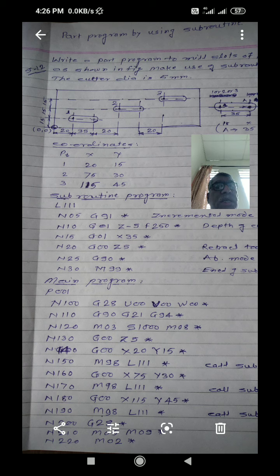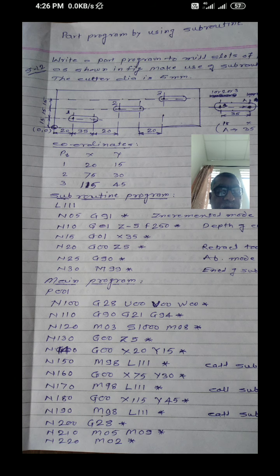To perform the same operation, again you have to call the subprogram, that is block number N190 M98 L111, end of the block. Here the subprogram is executed, operation is completed, and your tool is above the workpiece surface when this subroutine is executed.